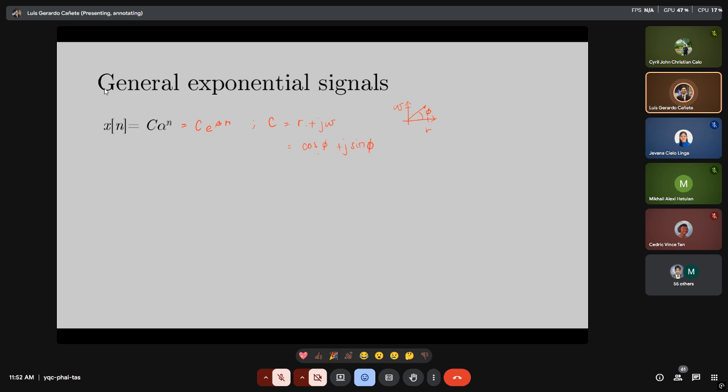So at least the exponential part is going to look like this, or we can write c is equal to c cosine phi plus j sine phi,